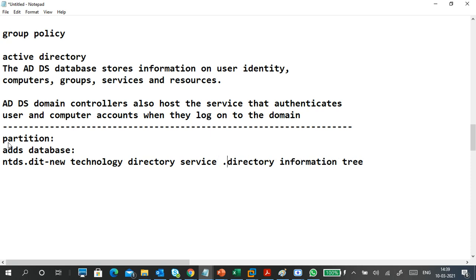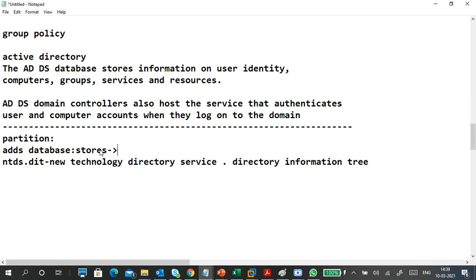Why I put a dot? So DIT means directory information tree. So this is the name of the database, along with some more files in a folder. So the Active Directory database